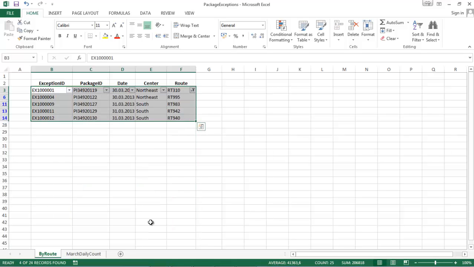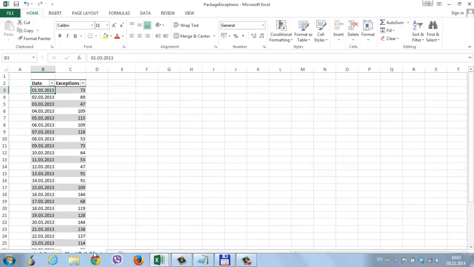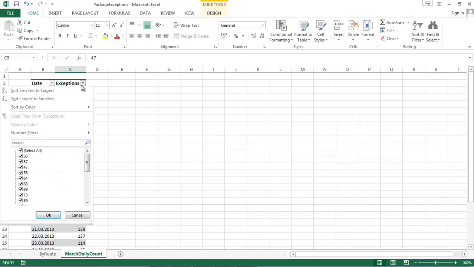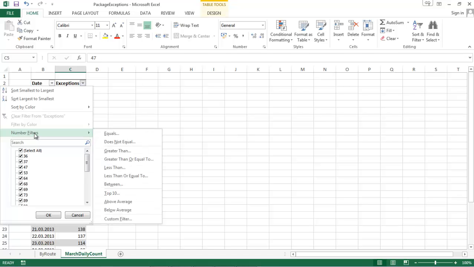Click the March daily count sheet. Right, there you go. And then click any cell in the Excel table. Click the Exceptions column filter arrow and point to Number Filters. And then click Top 10